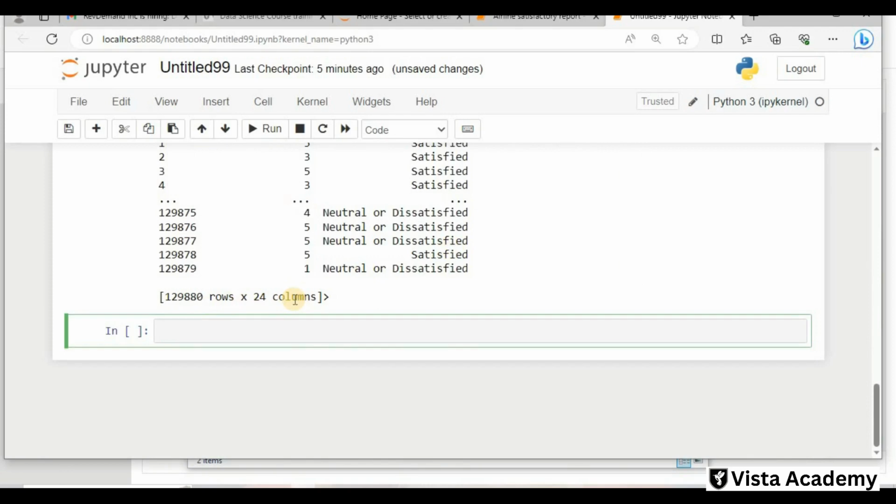Next we can get information about our data, which is data.info. It will give us information about the total number of null entries in each column, if we have any null values. So I will write print, then data.info with brackets, and run this.